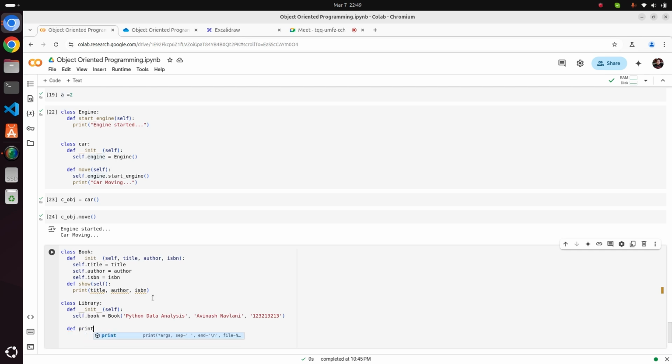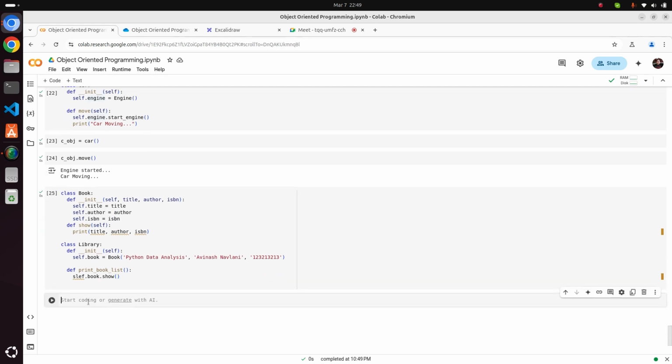Print books, print book list, right? So I'm just keeping this. It will call self.book.show. Great. Now I will create an object of Library.